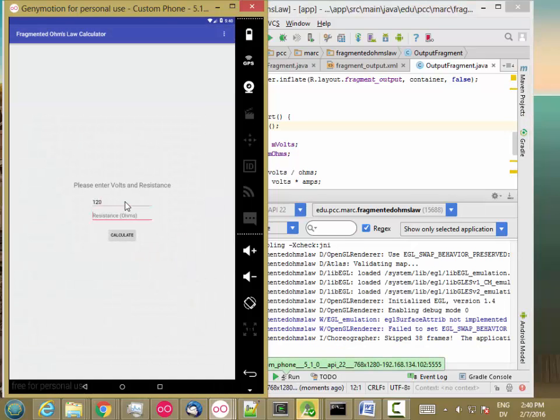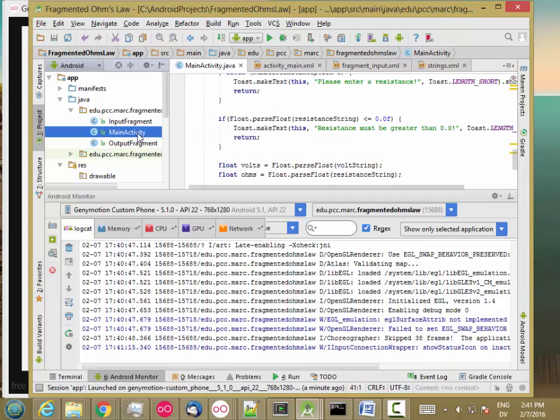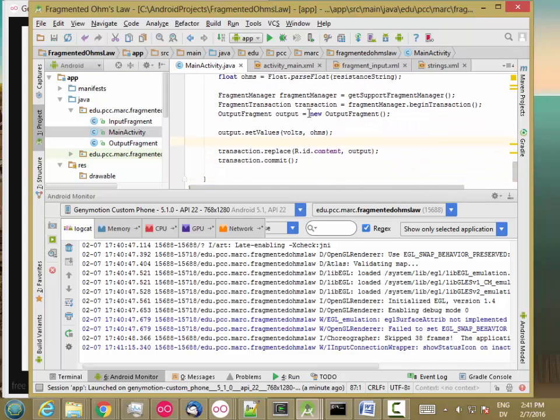So I want to be able to type 120 and 10 and hit calculate. And if I hit this back button, I want to return to the input form, even though it's the same activity. And the Fragment Manager lets you do that by setting something called the backstack. So the backstack is a list of prior points in your activities that you can return to by hitting the back button. And all you have to do to make this work is, in your main activity, before you make a change that you want to return to,